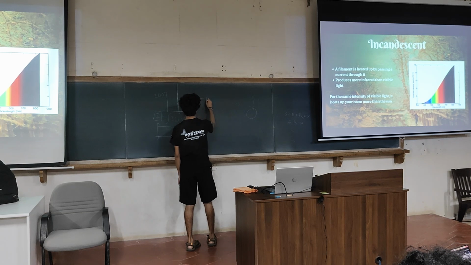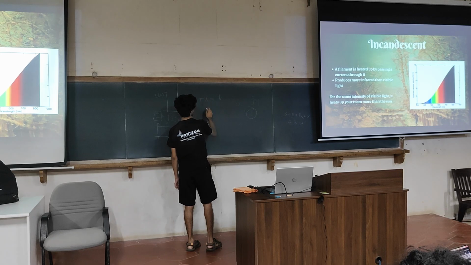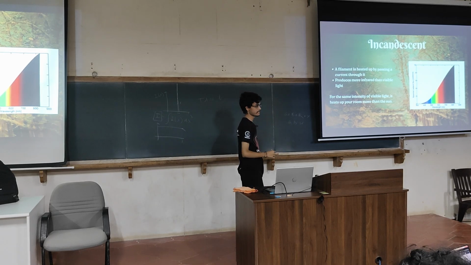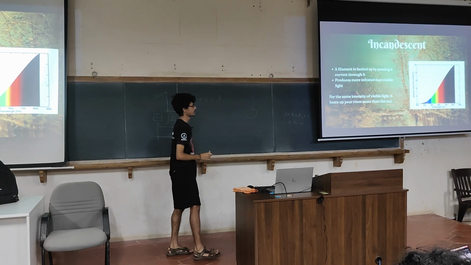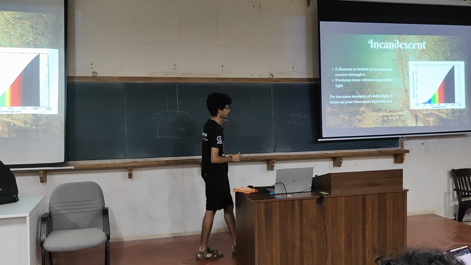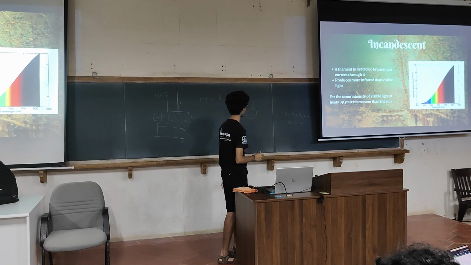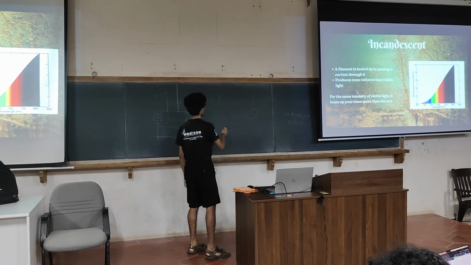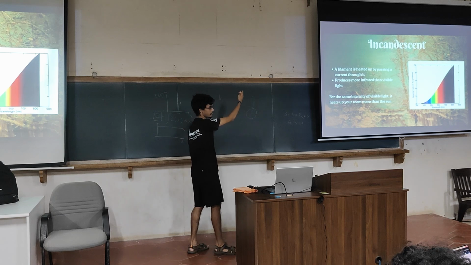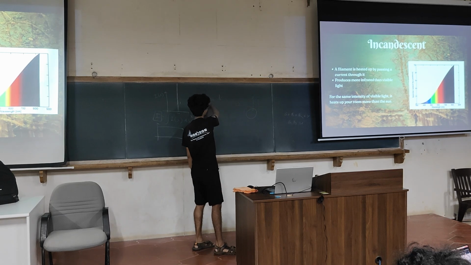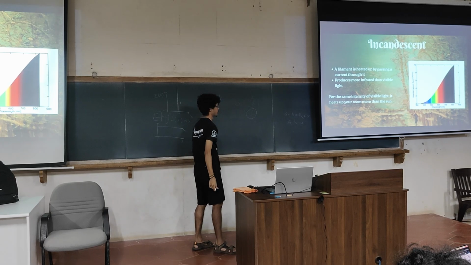So according to Wien's displacement law, you have this T lambda equal to B. Lambda is the wavelength at which you get your peak intensity. And in normal incandescent bulbs, the temperature is usually around 1500 or 2000 degrees Celsius. That's very less compared to the sun's. If the temperature is less, and this is a constant, the wavelength at which you get max intensity has to be more, so that you get the same constant again.